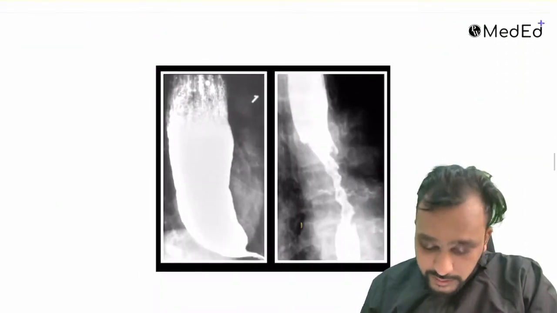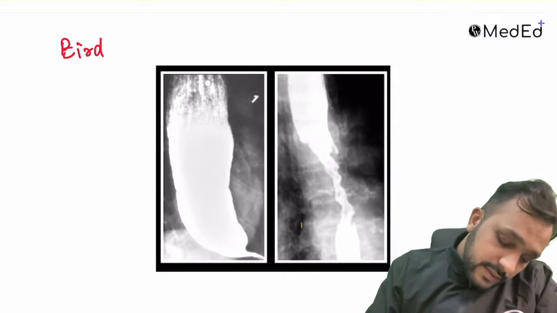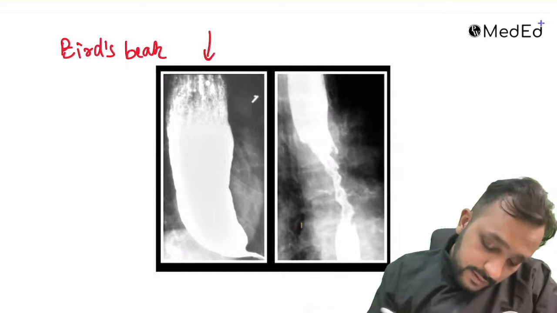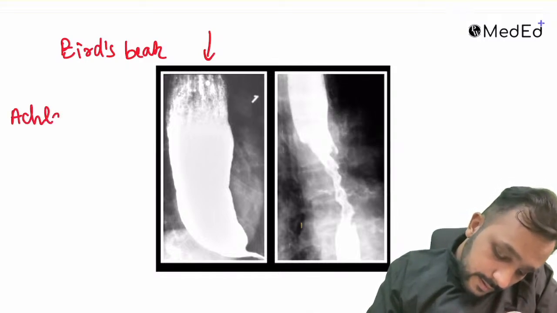Now coming on to the other images. So this is the first one, the bird's beak appearance. Bird's beak appearance is seen in patients with achalasia cardia,